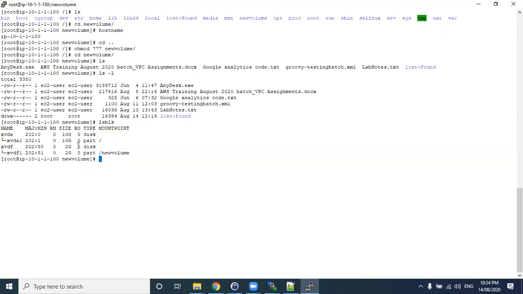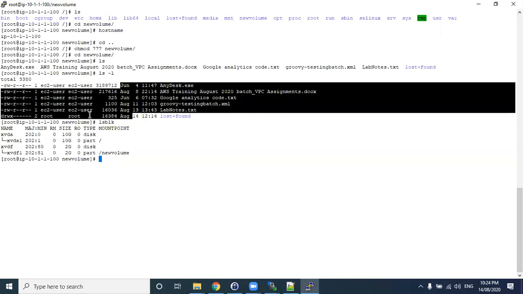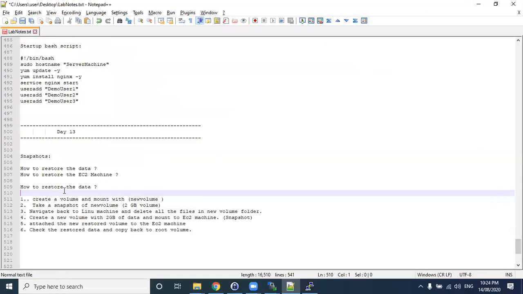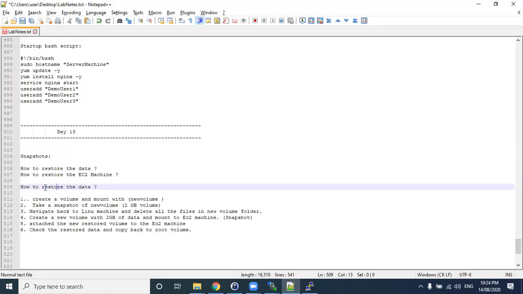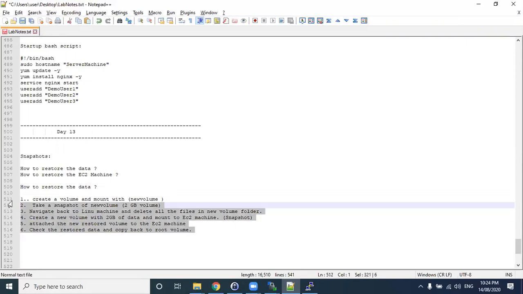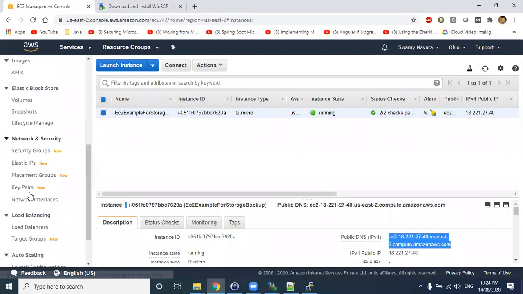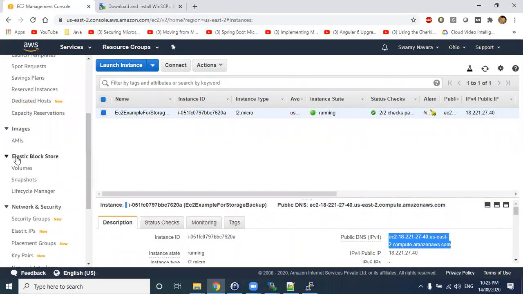Okay. Now what we are going to do is remove this and take a snapshot, because what exactly we are doing here is trying to restore the data. How exactly are we going to restore the data or a volume of a particular EC2 machine, right? So go to your snapshots. There is an option of snapshot under EBS.